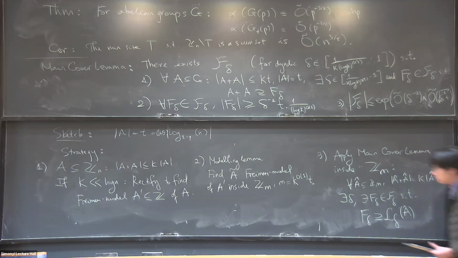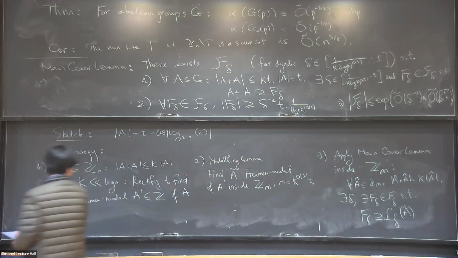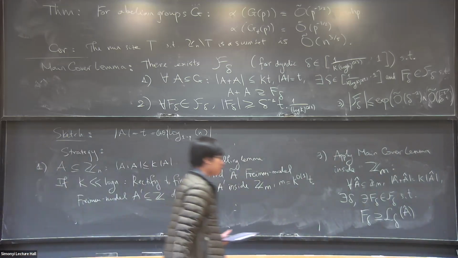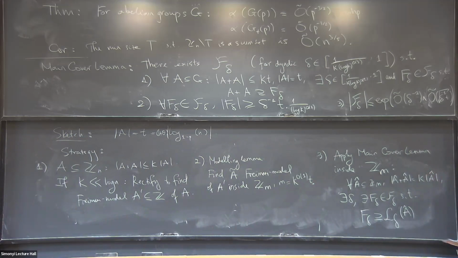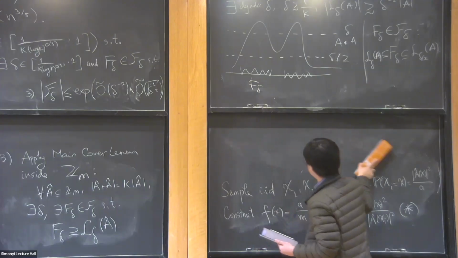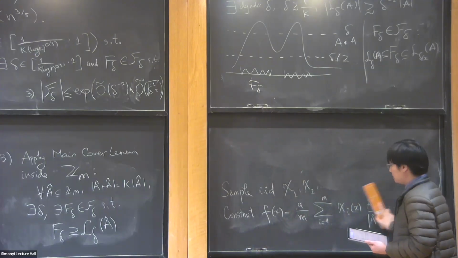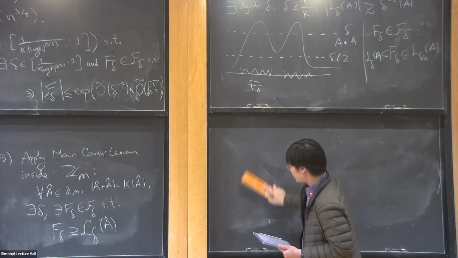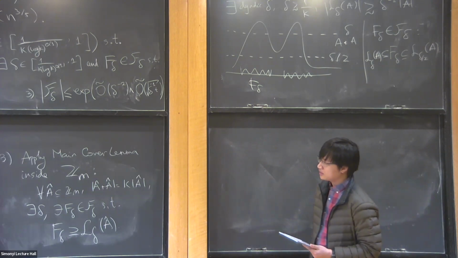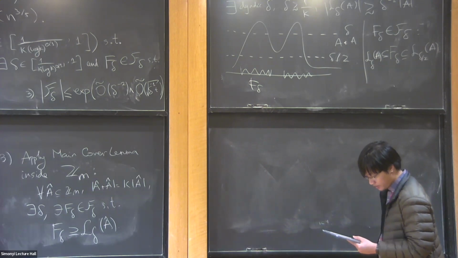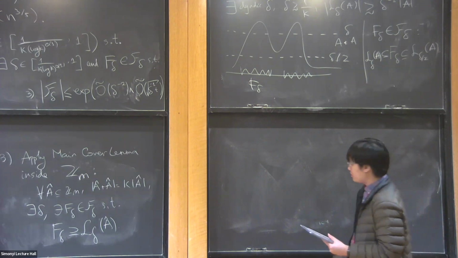Okay, so after the third step, we now have this efficient cover, but it's not the cover that we care about. We're covering this collection of sets A hat plus A hat inside Z mod M. A priori, it has nothing to do with the sets inside Z mod N that we care about. So we need to somehow find a way to map back these covers inside Z mod M to the setting of Z mod NZ that we really do care about. And in order to do that,